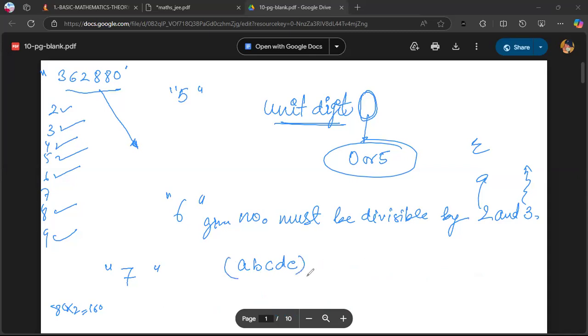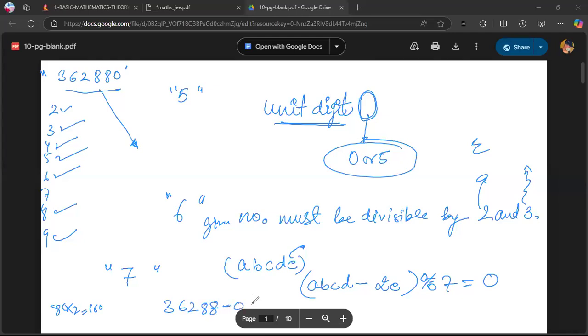If this is the given number, what we will do is double the last digit only. And if the subtraction is completely divisible by 7, then the whole number will be divisible by 7. So taking its example,